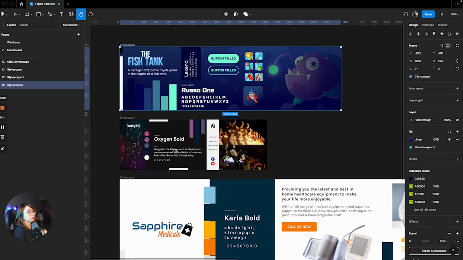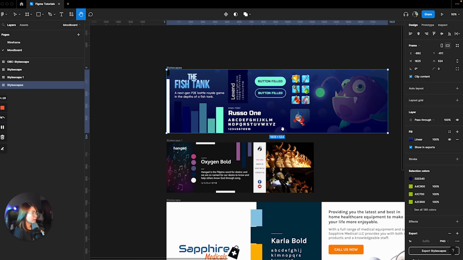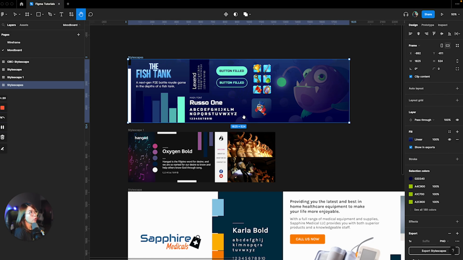So I'm going to quickly show you what I did in the past for my past clients, and this is more of a stylescape. It's more of an enhanced mood board with all of the elements that I've indicated here, and this is more of what we're going to do, but more of an organized way of showing a mood board, a simple version of